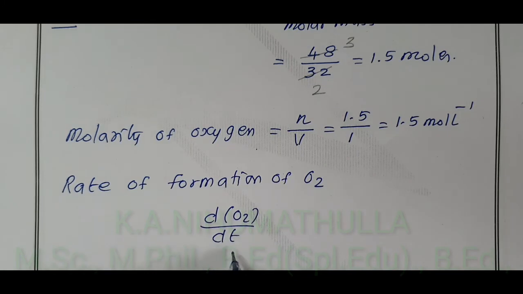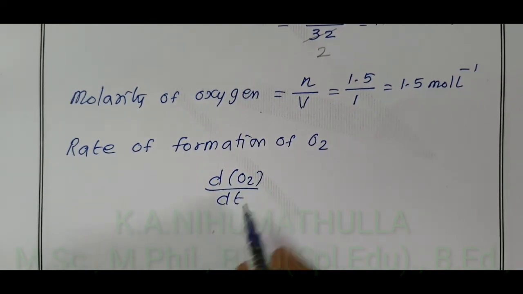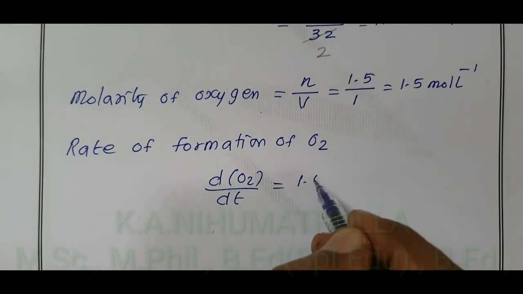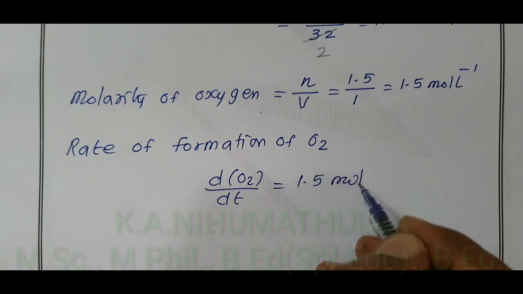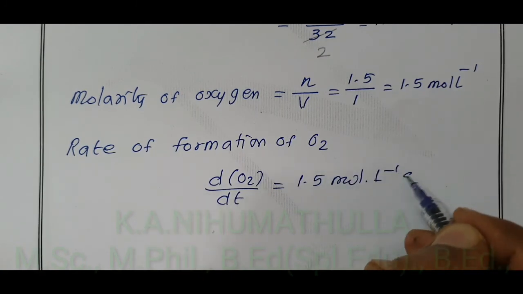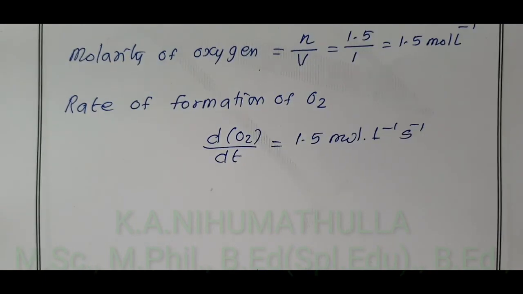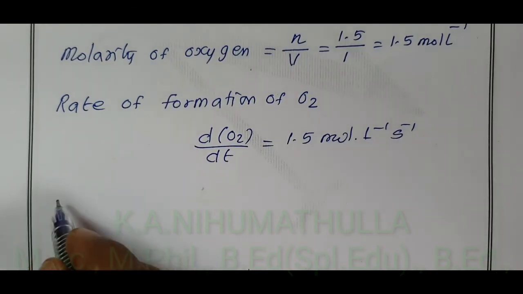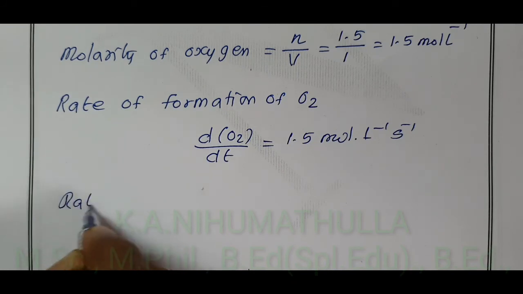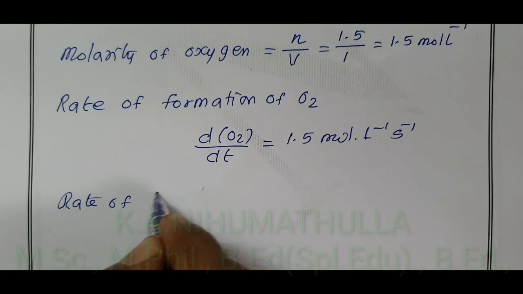Rate means with respect to time, is equal to 1.5 mole liter power minus 1 second power minus 1. Using this, we can calculate rate of formation of water molecule. So, rate of formation of